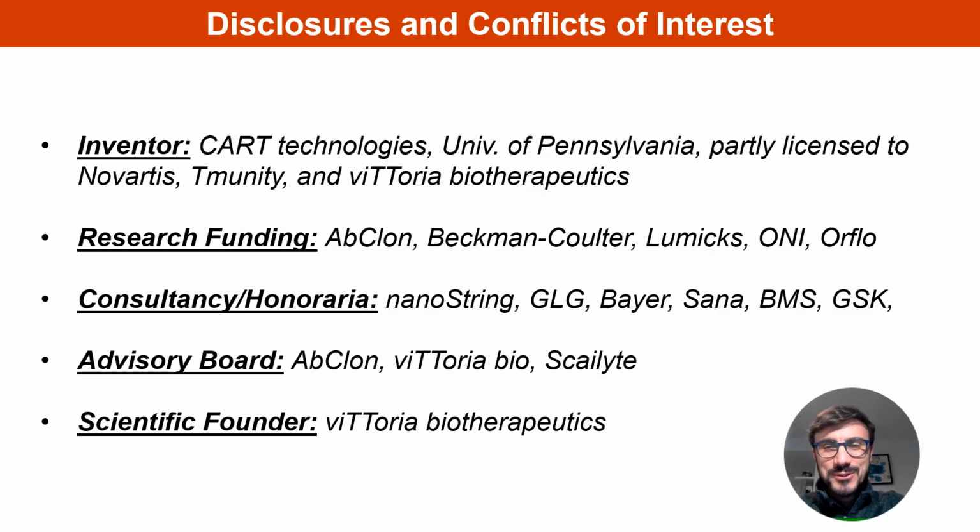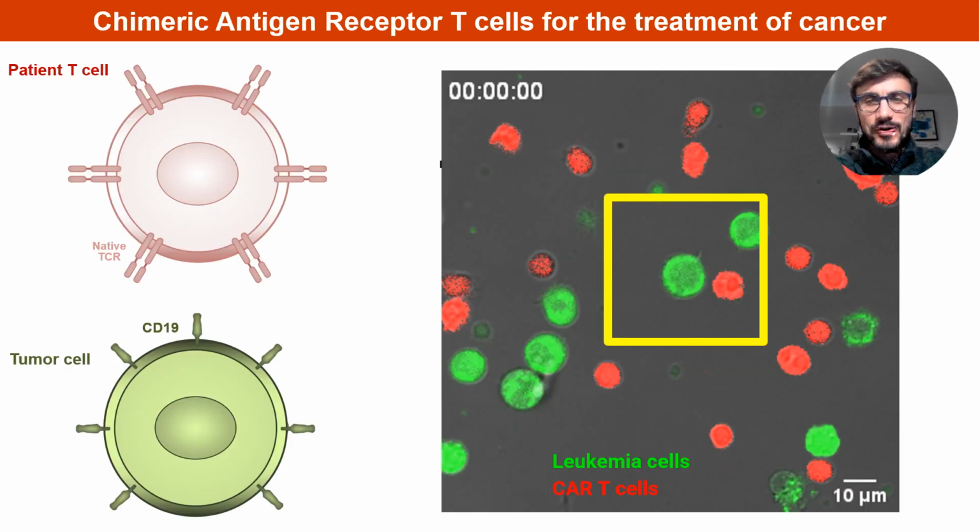So these are my disclosures, and what I would like to talk to you today is about CAR T cell therapy for cancer and trying to think a little bit about the mechanism of resistance and how to overcome some of them. And I think this audience doesn't need a long introduction, but for the students and for the people new to the field, CAR T cell therapy includes the redirection of patient T cells using typically lentiviral or retroviral